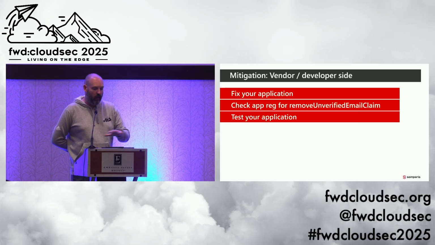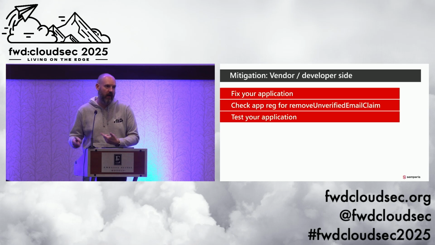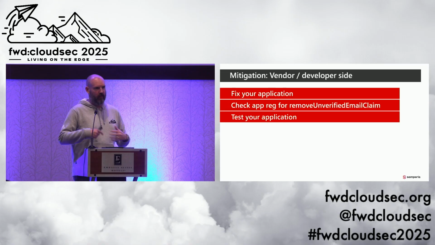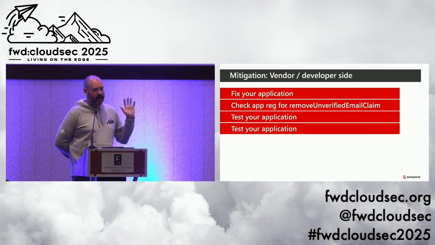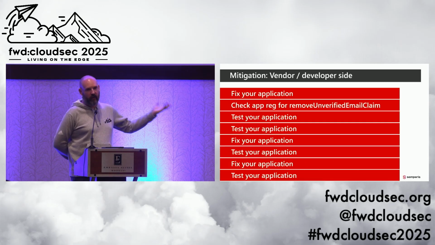The one organization we were working with that was really good about wanting to resolve this implemented some changes in their app, where they thought they were following things according to the OpenID spec, but they asked us to test their application again, and we found it was still vulnerable. We had a few iterations of them doing things, where they noticed they did something in one region but not the other for how their app was built. So it's really important to test your application for this, fix it, test it, and you could just keep going on.